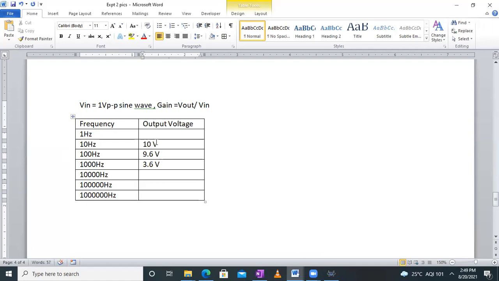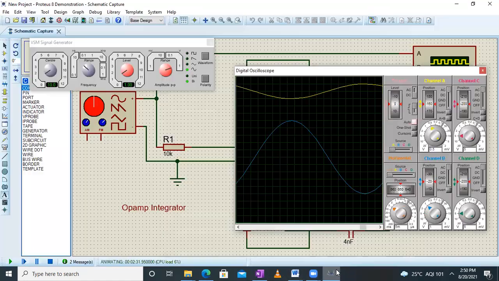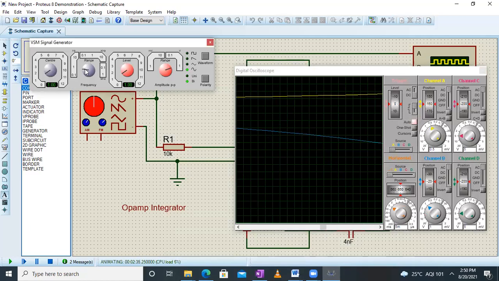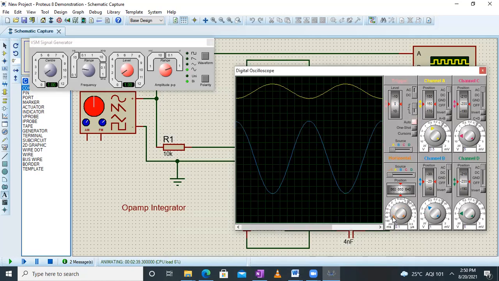Now let's check at 1 hertz. Okay, so again I'll go over here and change this range to 1 hertz. Okay, so when I do that, again the input and output waveforms go out of range. I have to decrease the times per division knob, and here it is. This is my waveform. I've adjusted it in such a manner that right now the input is a sine wave at 1 hertz frequency and of amplitude 1 volt peak to peak.